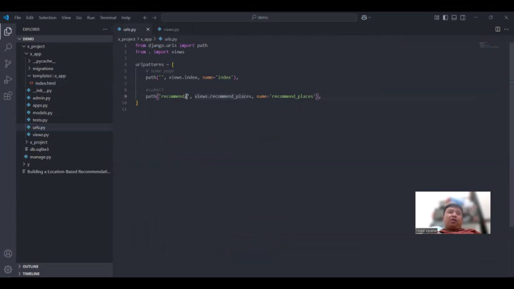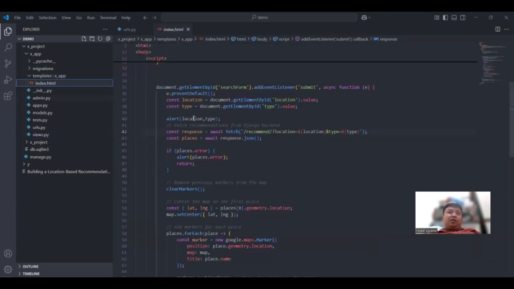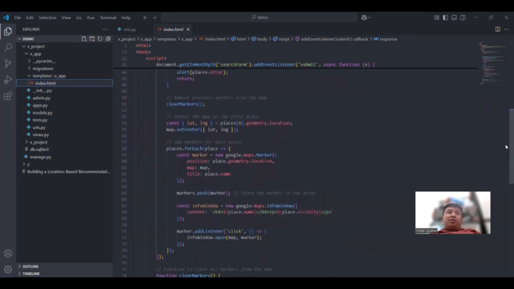So if the recommend keyword is visited, the views that recommend places will be triggered right here, and then it will return a response. So it is going to place, for each place, there will be a marker.